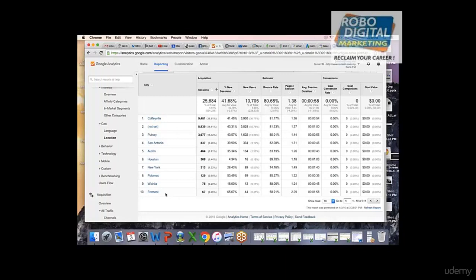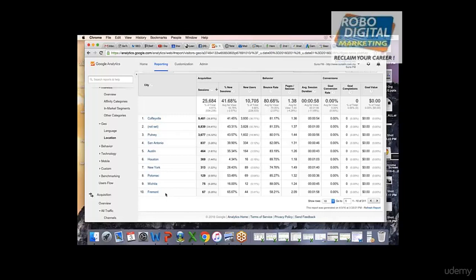Okay, this is a stupid policy by Google, but still it follows it, so we have no other options to see not set, otherwise it would be much clearer. You can see where your business can expand. If we look at Coffeeville, almost 10,000 people from this city visit your website.